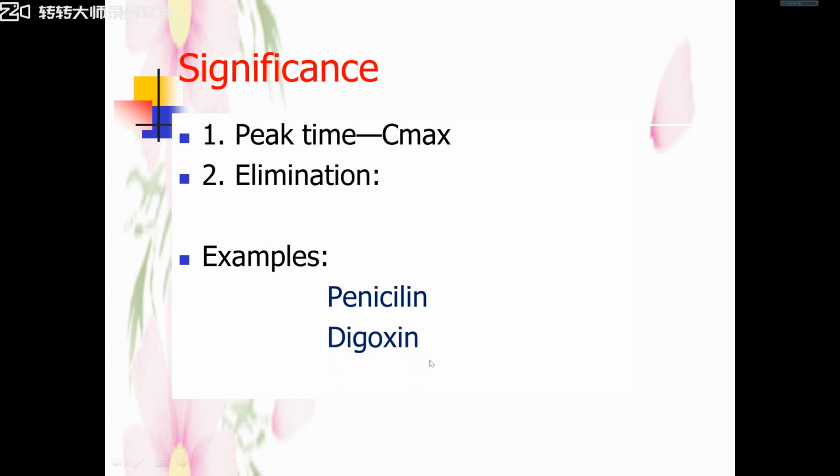For another example, digoxin. You have studied and you will study digoxin. It is one kind of cardiac glycoside. We use digoxin to treat heart failure, in congestive chronic heart failure. But this drug has a serious adverse action, cardiac toxicity, inducing ventricular arrhythmias, very dangerous. So we give our heart failure patients digoxin to treat heart failure, and we should use